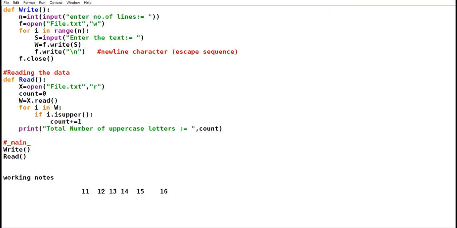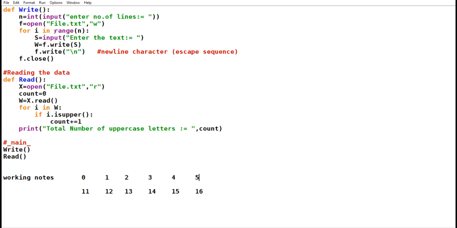Okay. This is the list. These are the elements of list. This is the index.